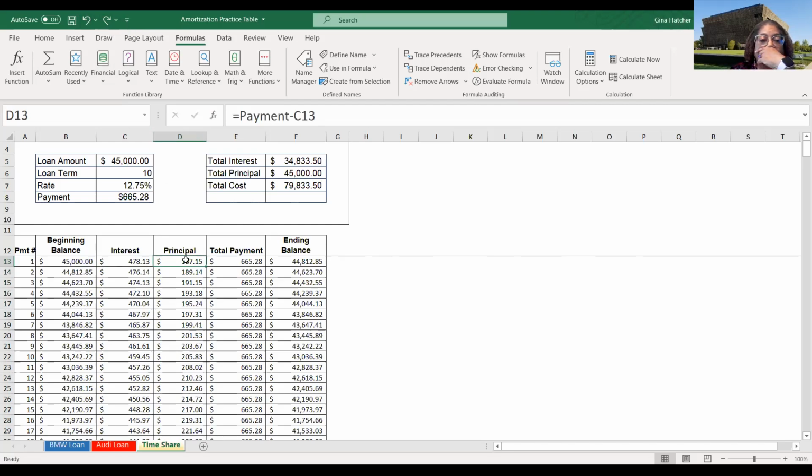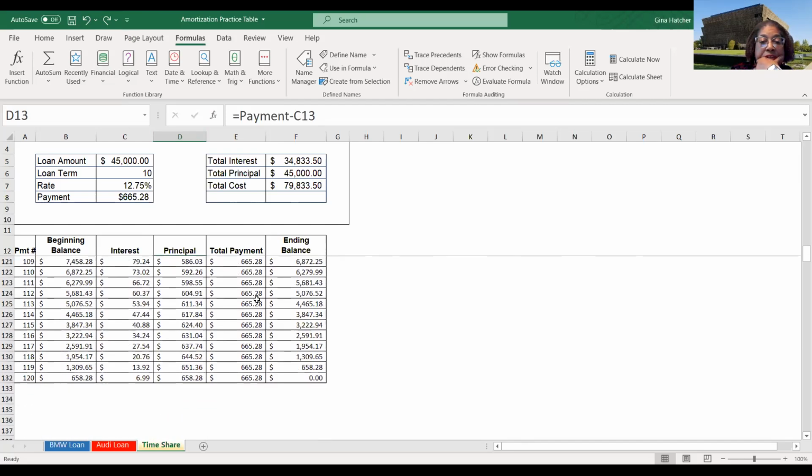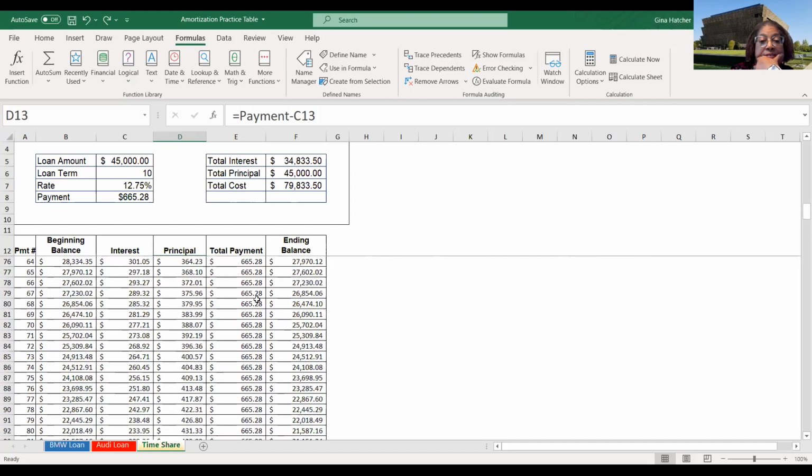The principal is still the payment, which is this figure minus C13, which is the interest. And the interest is going to go down every month. So let's see, does that work out? It looks like it does. If I undo that one more time,